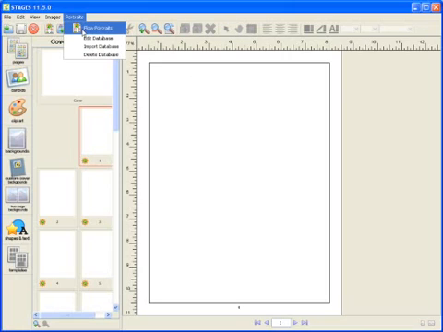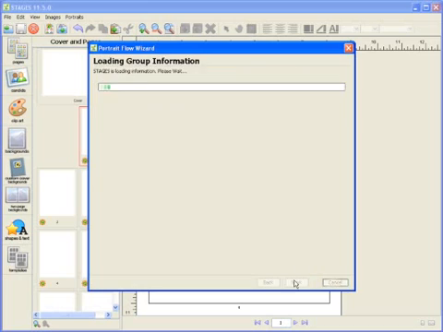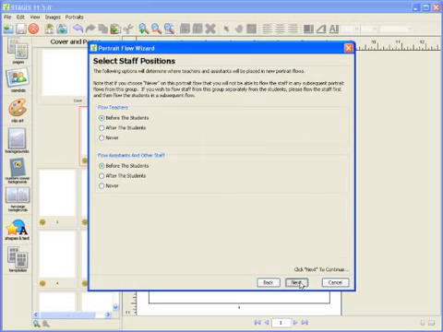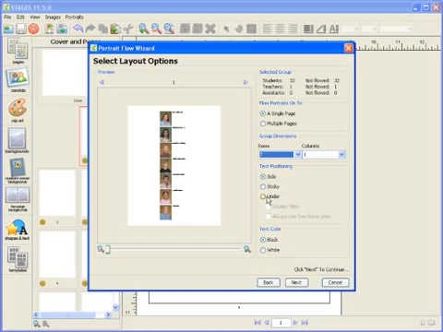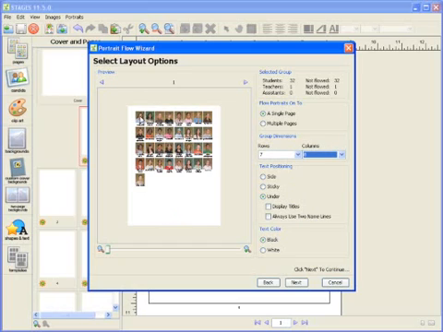Now, if I go Portraits, Flow Portraits, and choose the same option for teacher and homeroom, Mrs. Anderson's class reappears in this list. And now I can choose to flow with different options. In this case, I'm going to choose to flow with more rows and columns than I need